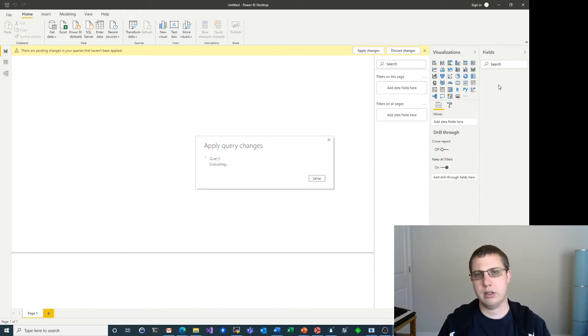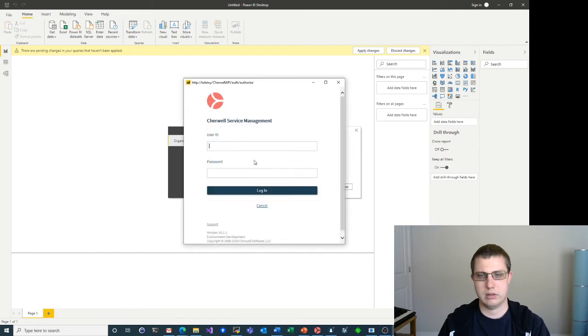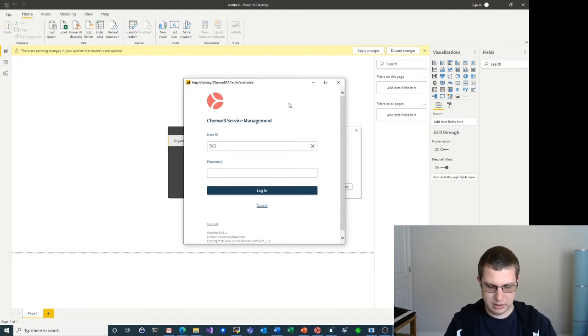So it is taking a few seconds because it is going out and pulling that data, doing the transforms we defined on it, and caching it. So it notices that we haven't signed in. So let's click that, and we'll get the sign-in dialog, the authentication dialog,